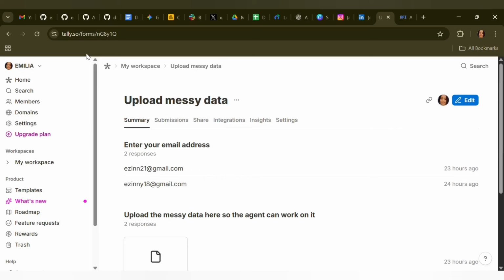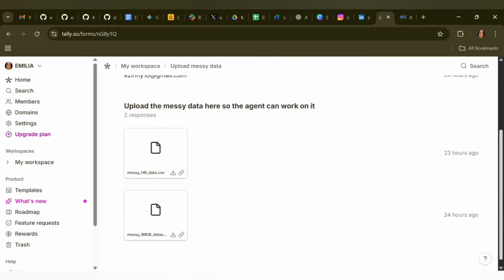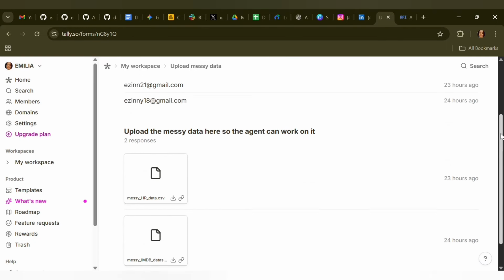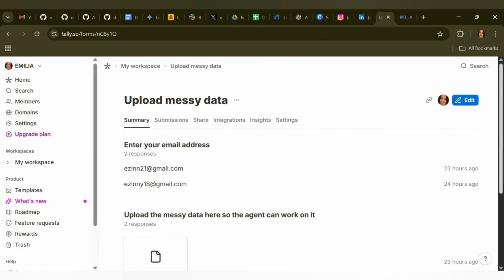Before we begin, the next thing we need to set up is the API connections. We've already talked about the Tally Forms and how you can create it, with the frame to enter an email address and upload the messy data. After that, the next thing you need to do is set up the API, because we're going to be sending emails via the Gmail module and setting up Google Sheets. So for that, you need to set up your email. Just go to